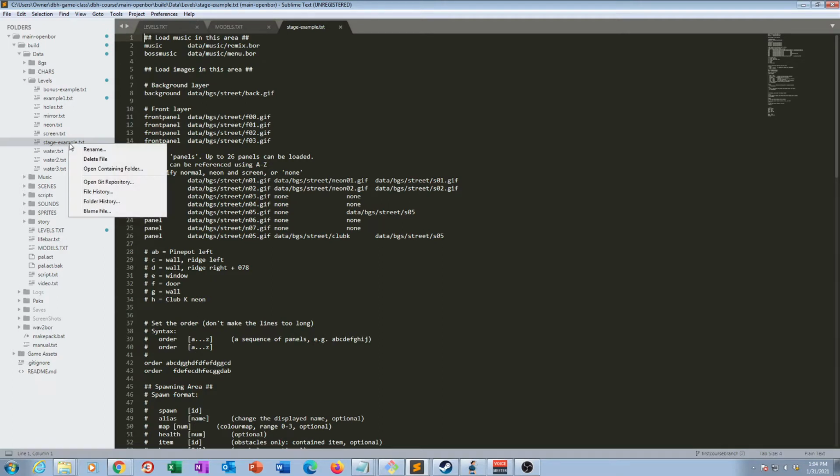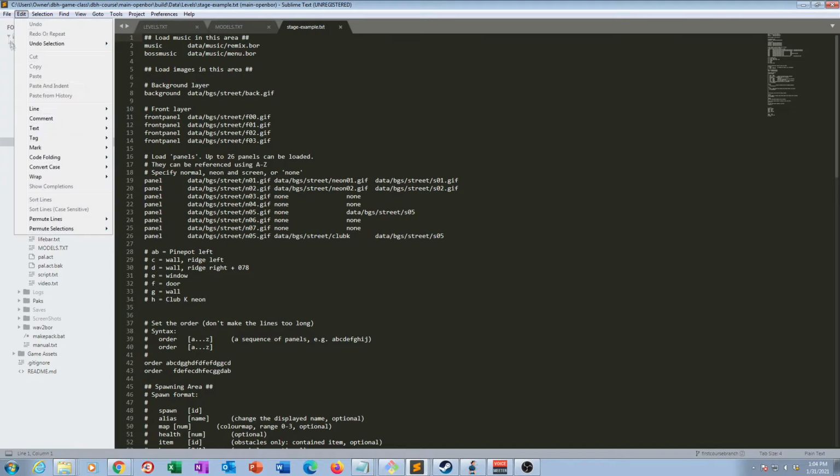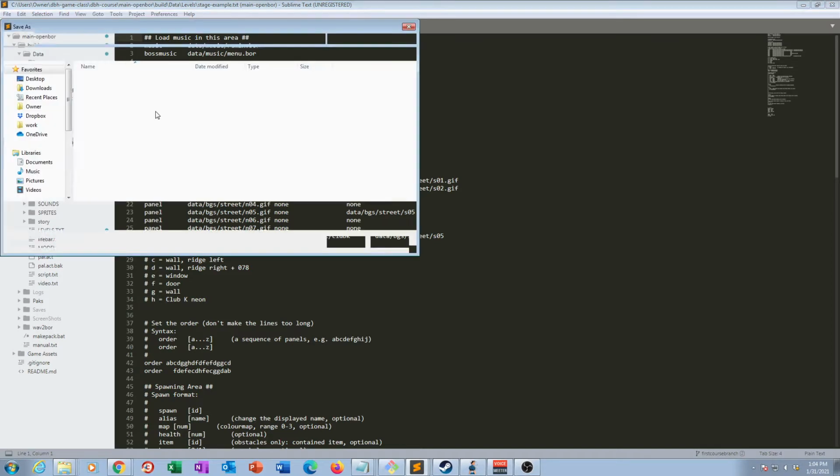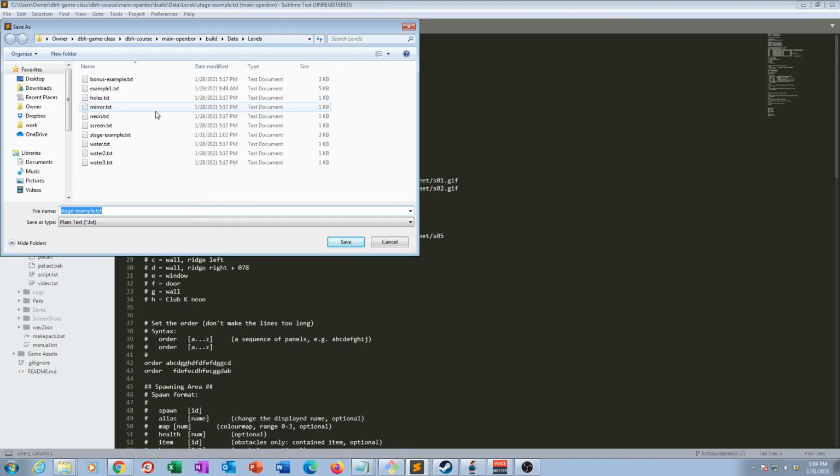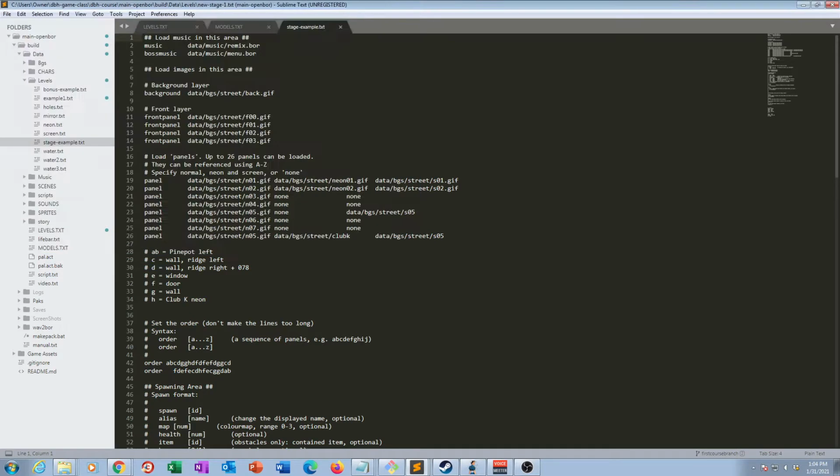We want to create a new file from this. So before we do anything, right? Let's first go to File and Save As to create a new file based on what's in here. Let's name it new-stage-1.txt for now. We're going to use OpenBORStats to design this, but remember, in order to see this stage listed